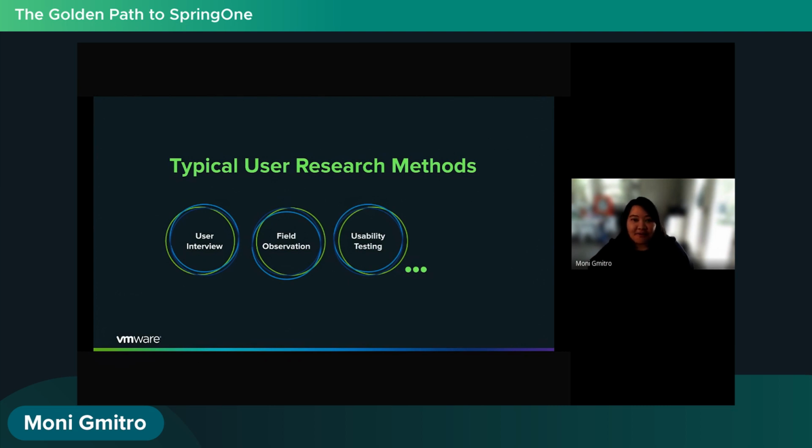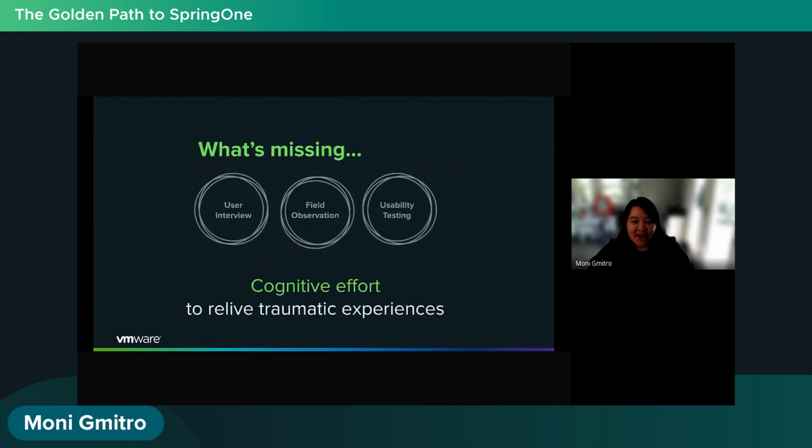So now that we have learned about people-first principles, let's talk about something that most of us are familiar with, which is typical user research methods. For example, user interviews, field observation, usability testing, and many more. And if you go to the next slide, user-centered design paradigms emphasize the need for researchers to deeply understand our end users